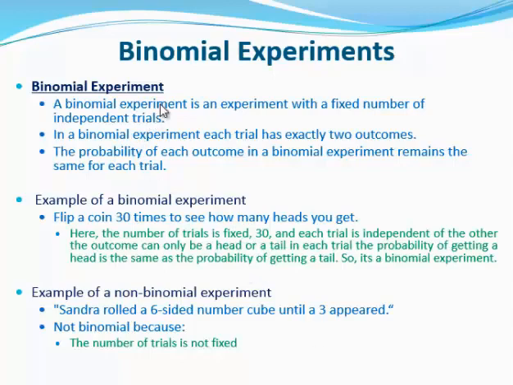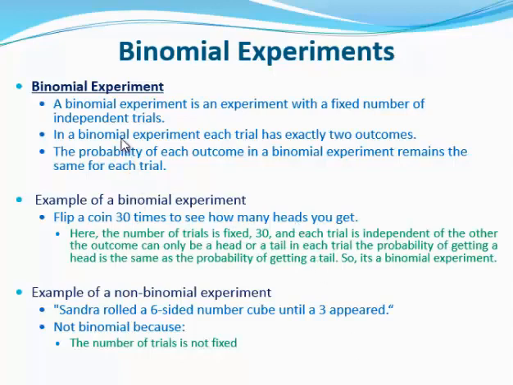A binomial experiment means it has a fixed number of independent trials. For example, if you flip a coin 10 times in a row, that is a fixed number of independent trials. One result has nothing to do with any other result. Just because you flip 3 heads in a row does not mean you're any more likely to flip a heads or a tails on the 4th try. Anytime you have an experiment where all the trials are independent of each other,